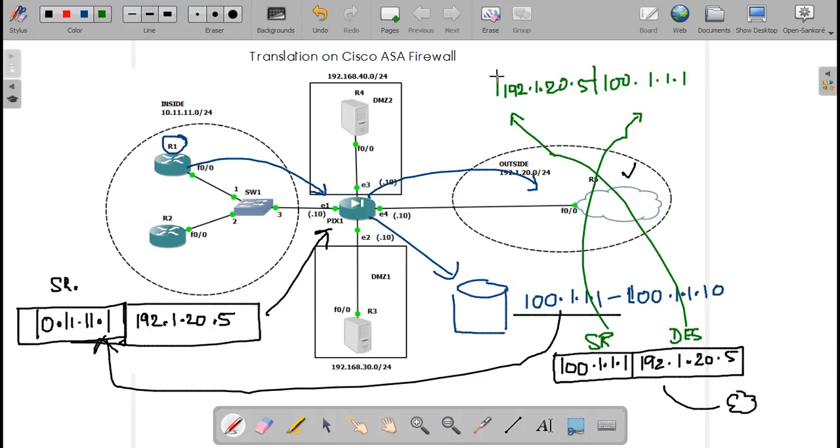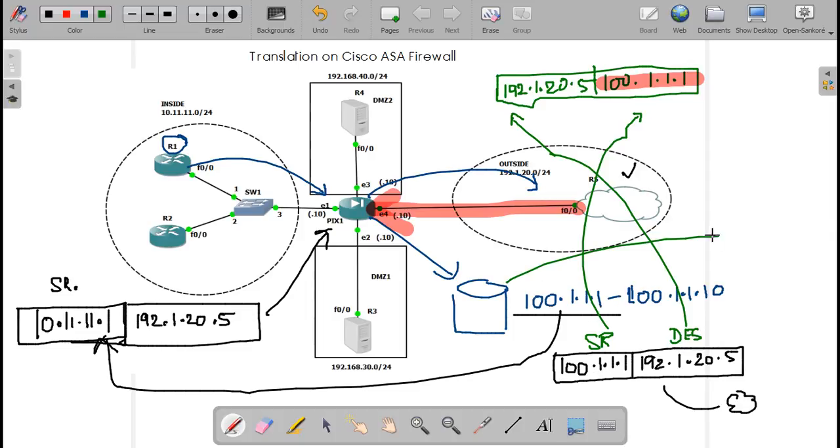It will go to the firewall. This packet will get routed by looking at the destination IP, which is the public IP, and so your packet will reach the firewall. When the packet comes back to the firewall, the firewall will be maintaining a table wherein it maintains which address is given to whom.